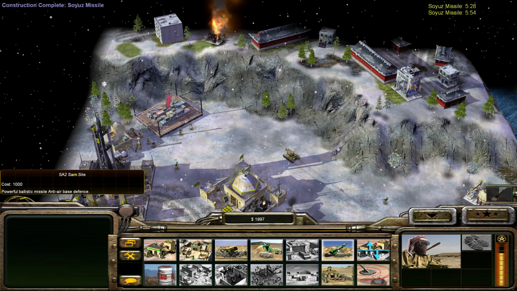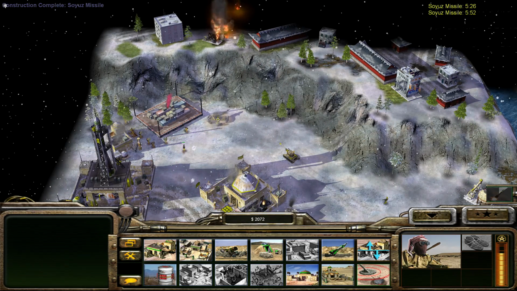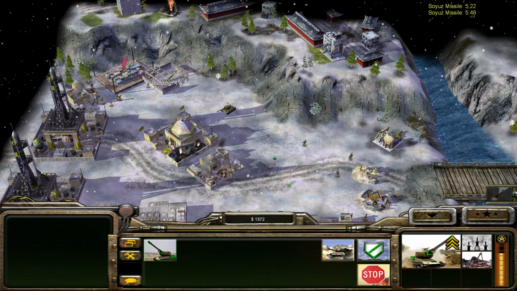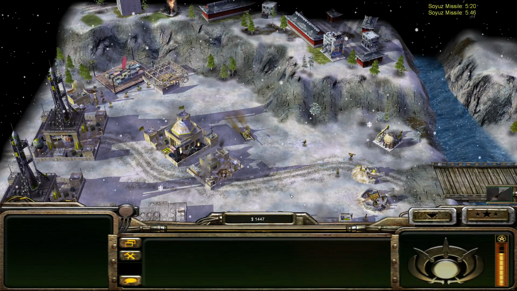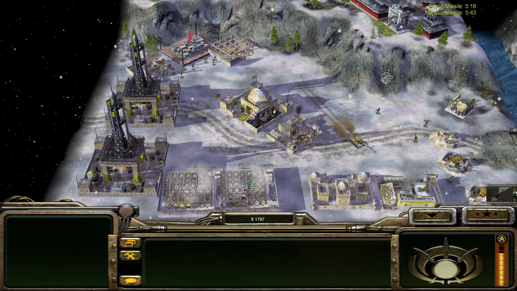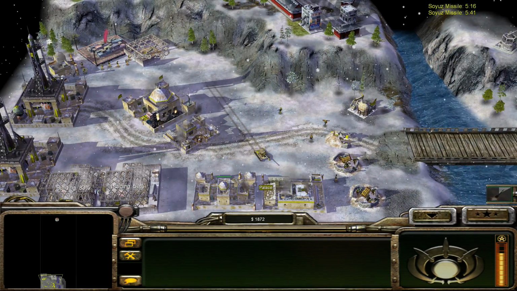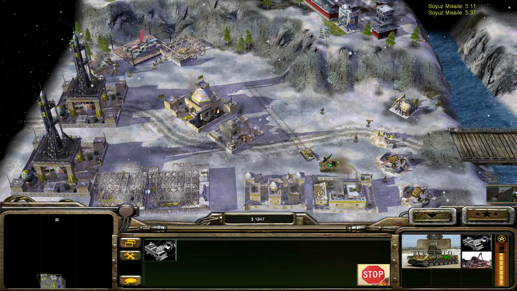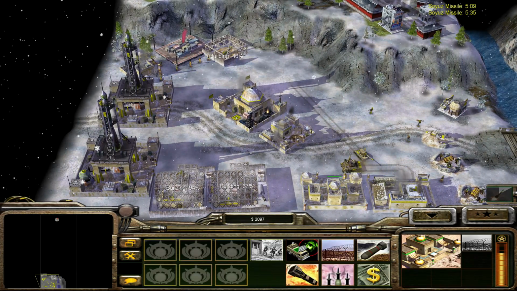Let's actually build some SAM sites here. These SAM sites, they are a bit of a mixed blessing. They do shoot down maybe even all aircraft with a single shot, but their reloading time is pretty long, so you can't just rely on... I like how bulky this guy here is. So you can't just rely on...